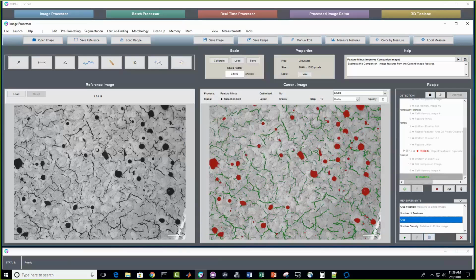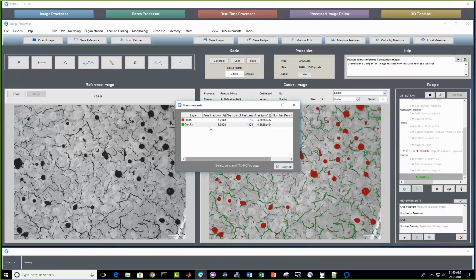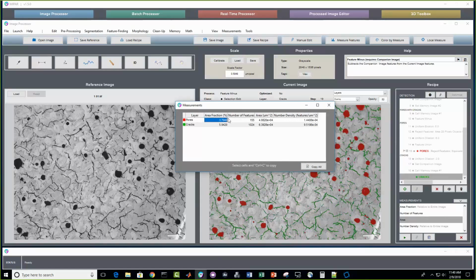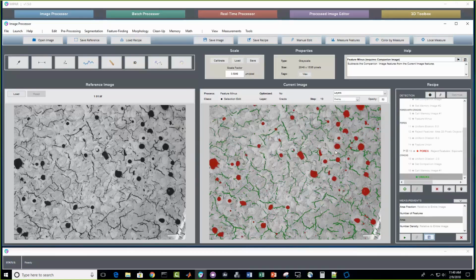What would happen if you loaded the recipe now is the same as what would happen if you clicked on this Generate Report button. This will then perform all of the measurements that you have down here all at once and put them in one nice table, again, color-coded to your particular layers. So you see, you get all your measurements reported for both layers at once. So those are global measurements. I'm now going to cover feature measurements